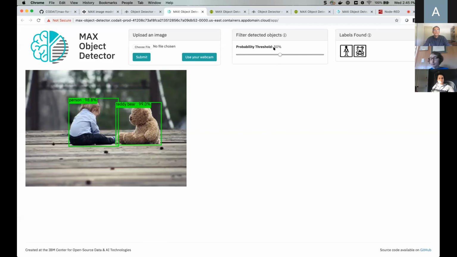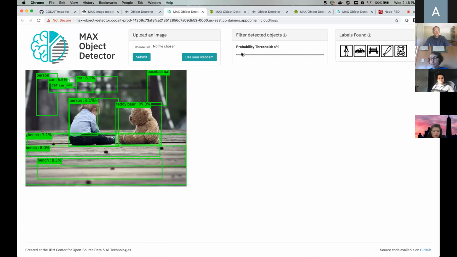And now pay attention to this threshold here, right? If I lower the threshold, you can see how what we have seen here changes, right? So now the model thinks with 42% accuracy that there is a bench in the image, right? And you can see as I go lower and lower here with the threshold, the model that we have is now going to identify things that you as a human can easily identify are false positives, right?